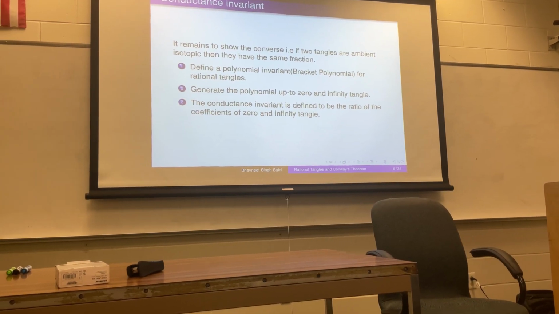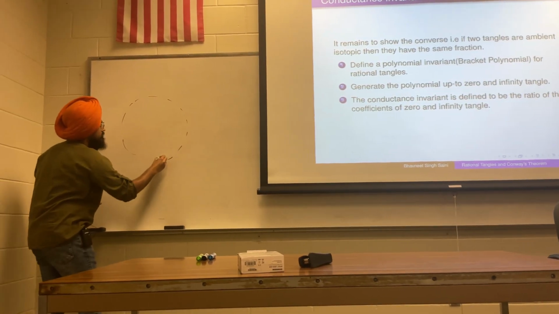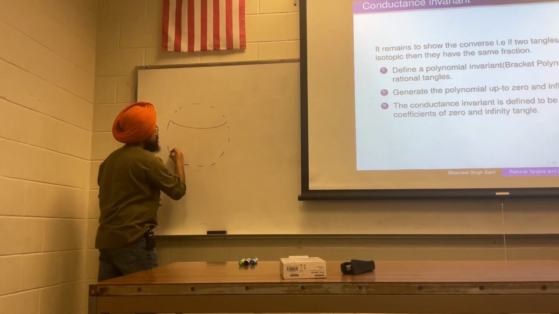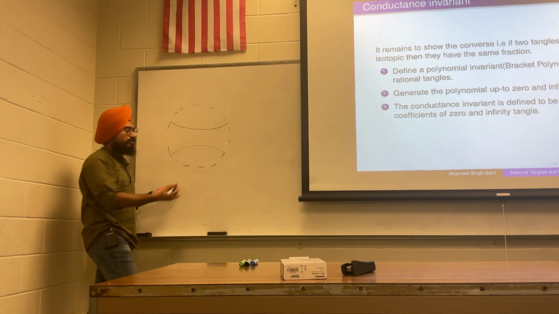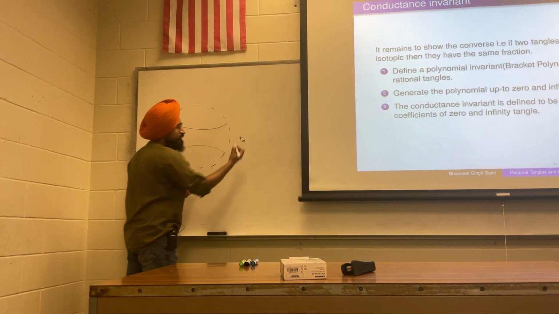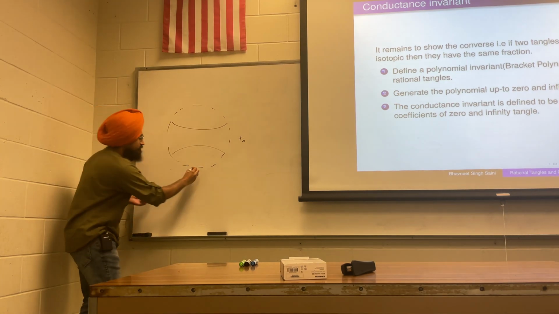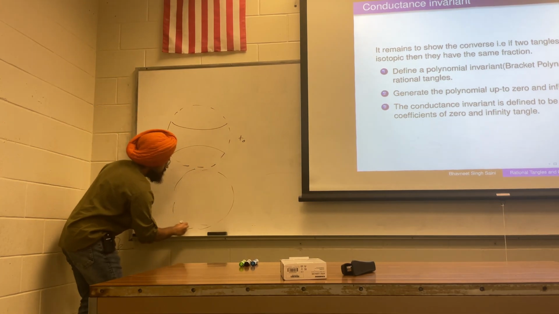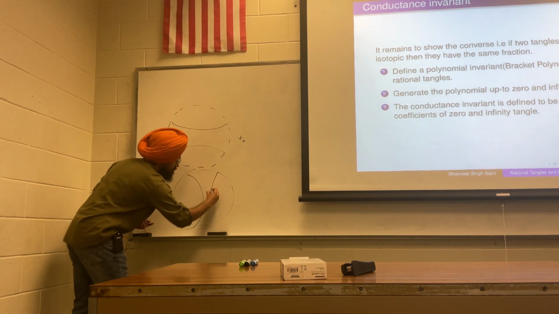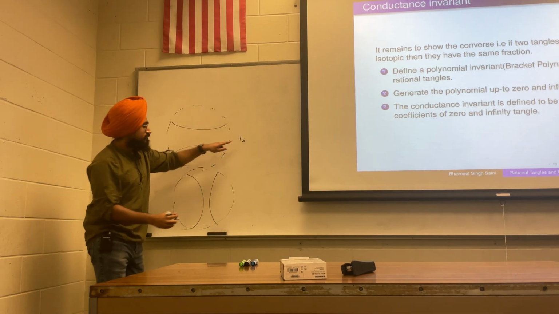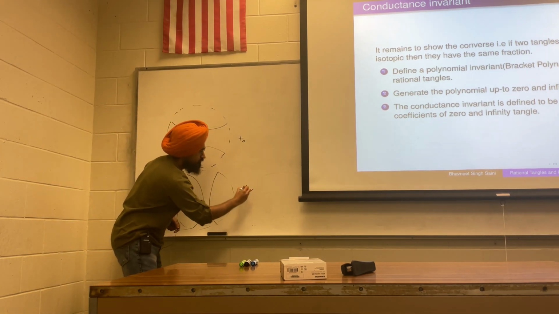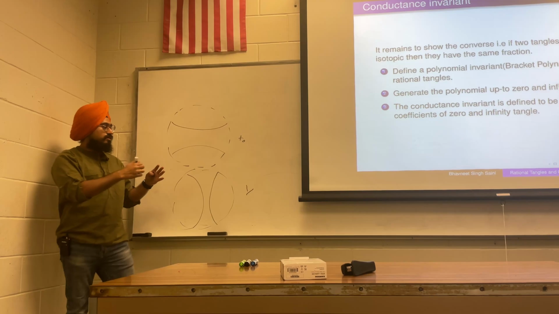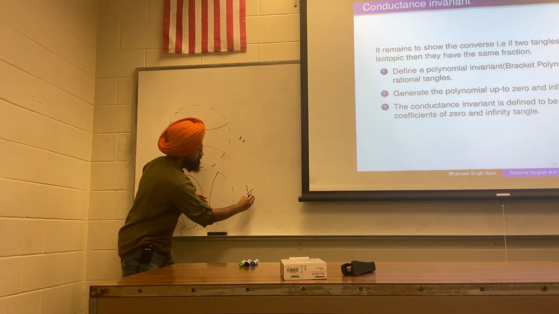So 0 is just an untangled state basically. This is a 0 tangle, and since this is horizontal, we can write T0. And the infinity tangle is just the vertical counterpart. So as you see, this is T0, and we saw that if we write this, what we mean is